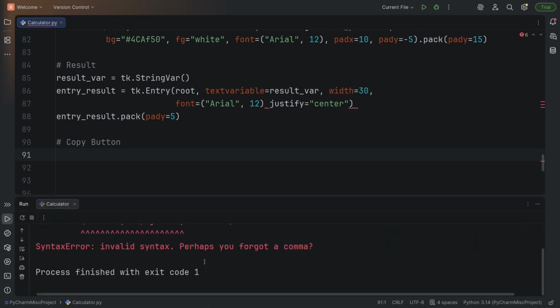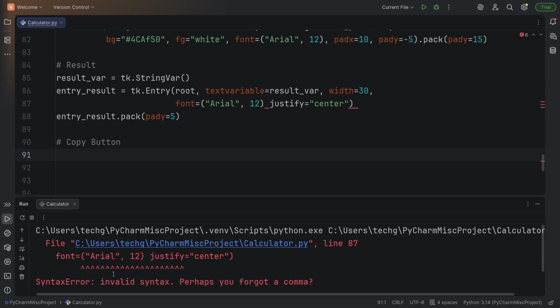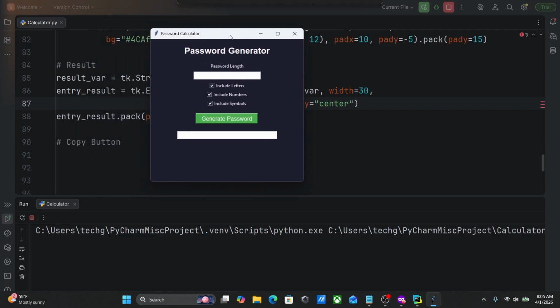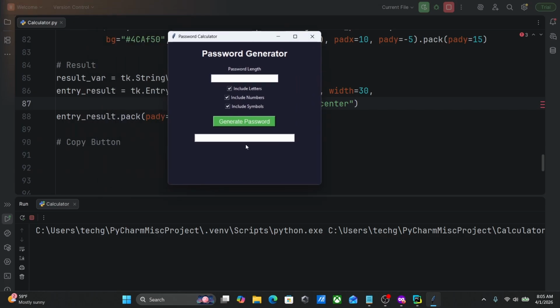As you guys can see, we got one error. Now let's troubleshoot this error. PyCharm tells us that perhaps we forgot a comma, and it also shows on which line this error occurred. So as you can see, we forgot a comma here. Now if we run the code, you can see that we created the area where the generated password will